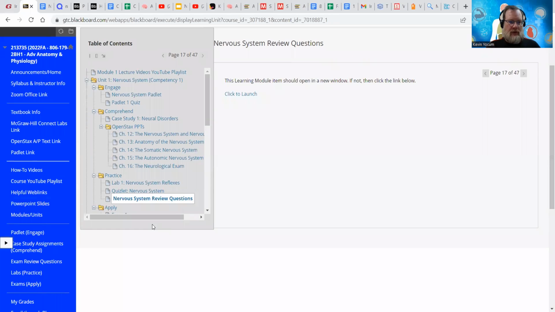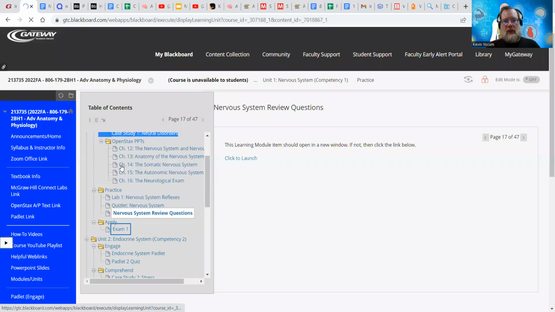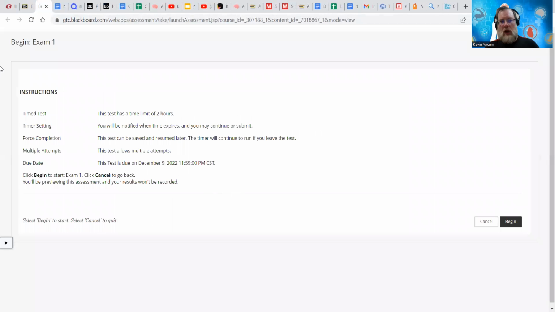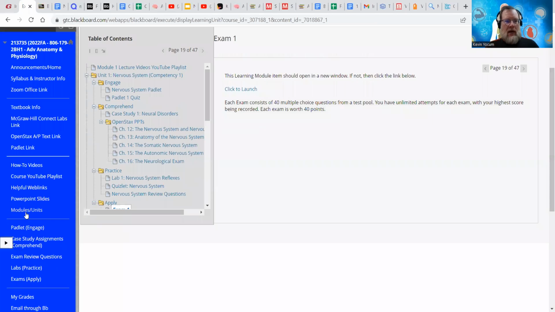And then lastly, for each unit, you're going to have a unit exam. So you click exam, and again, I want to reiterate that all of the stuff I'm doing is under modules and units. Now, if it seems kind of clunky trying to access all of this stuff, you can also access it through the hyperlinks over here.